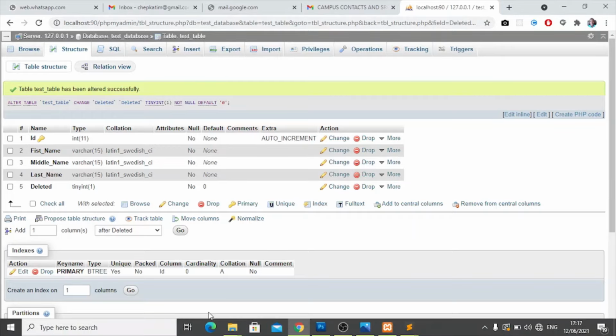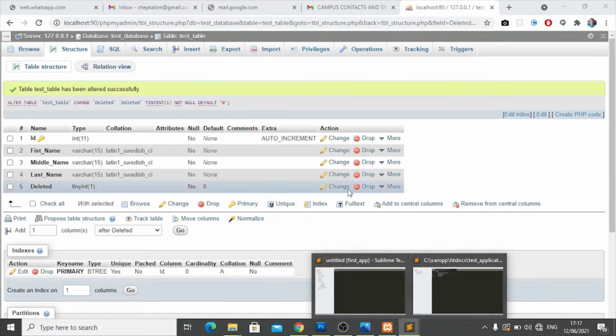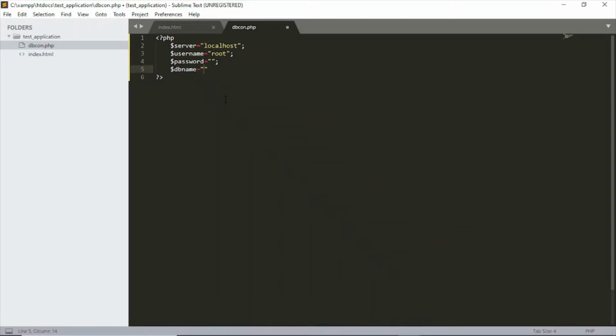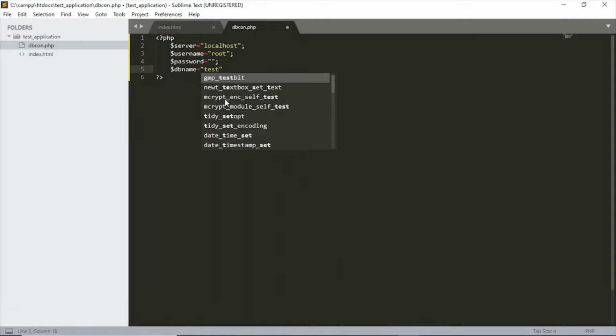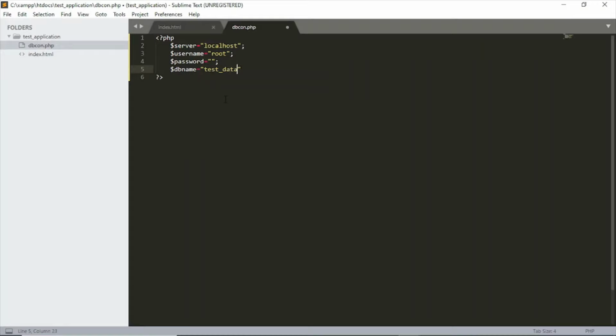So we go back to our application and set the database name to test database like that. So there we are. The next thing we are going to do is to create a connection. So you will create a variable called con is equals to